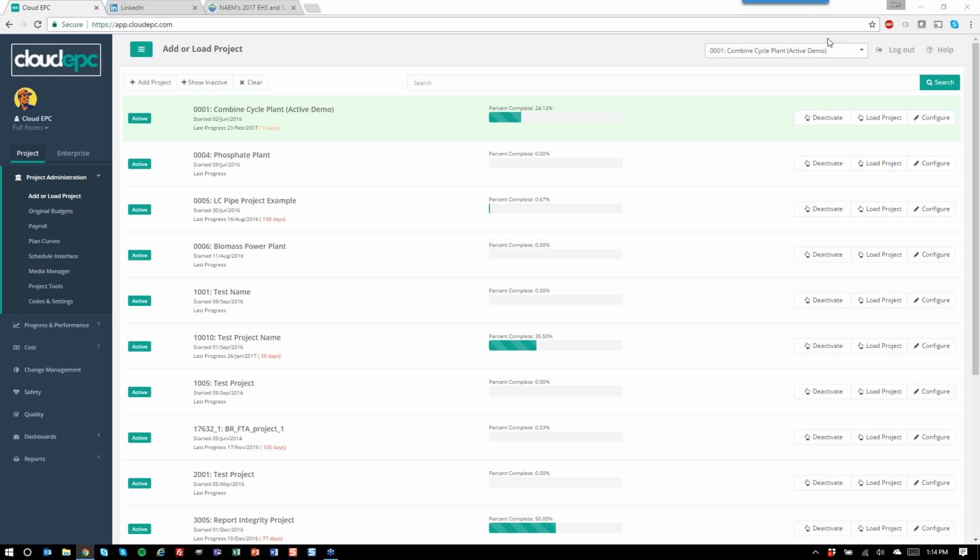So I'm going to take you through a quick tour of Cloud EPC and highlight some of the special features that you could expect to benefit from as a user at the organizational enterprise level as well as at the project level. You can see here that I have the main splash menu pulled up, where you can see a list of all the active projects in the system. We are a system that allows you to have an unlimited number of projects. And then each project has its own framework that allows it to track independently.